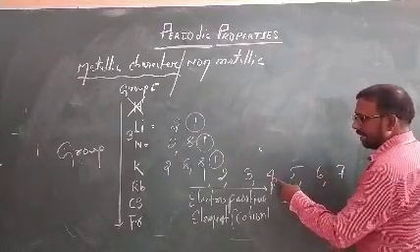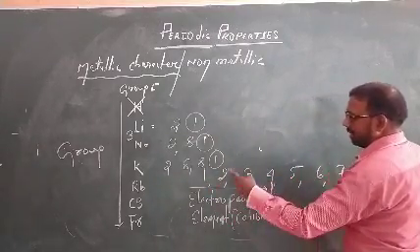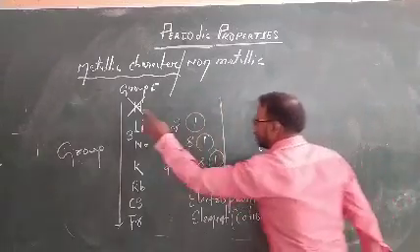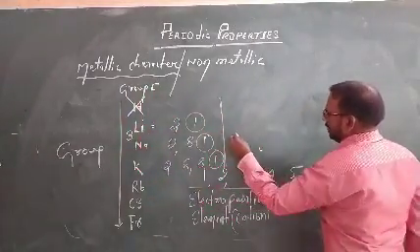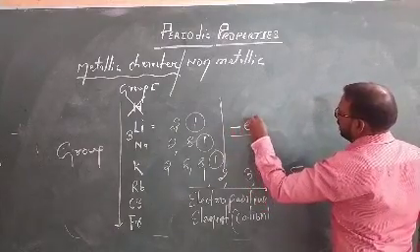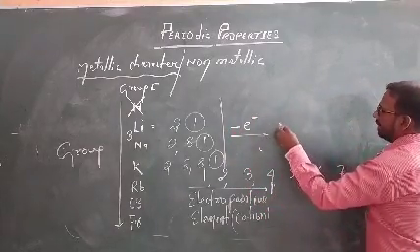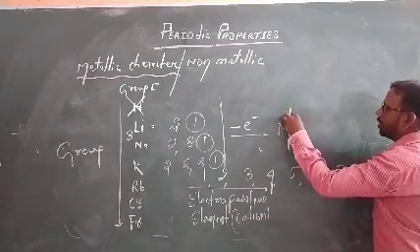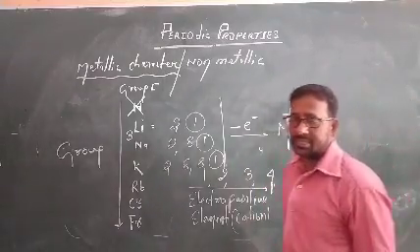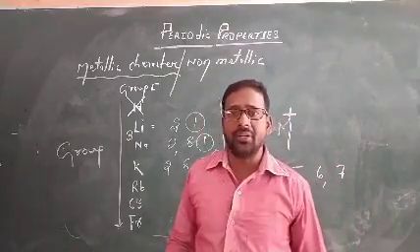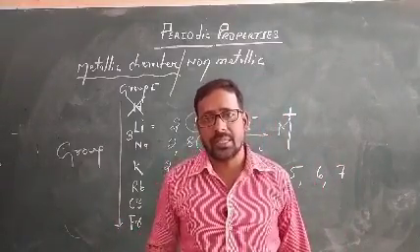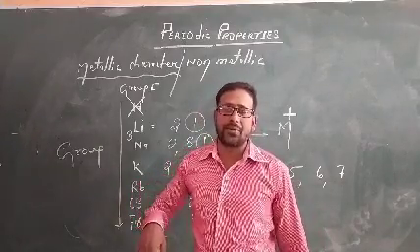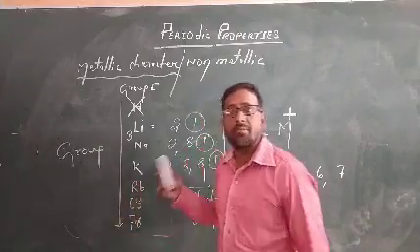One point is noticeable: they have fewer than 4 electrons in their valence shell, meaning all elements of the first group will lose 1 electron, and they form M plus, where M stands for metal, carrying 1 positive charge. Already we discussed in 9th class that those elements which carry 1 positive charge are known as monovalent. If they carry 2 positive charges, they are known as divalent. So, they are monovalent.